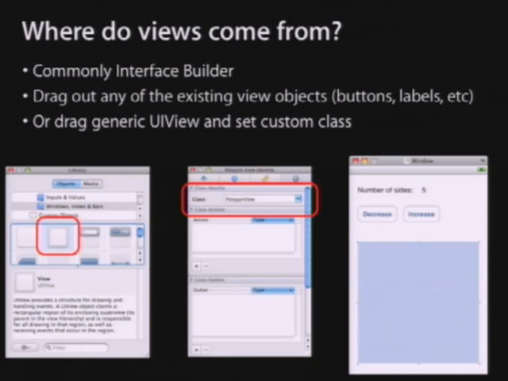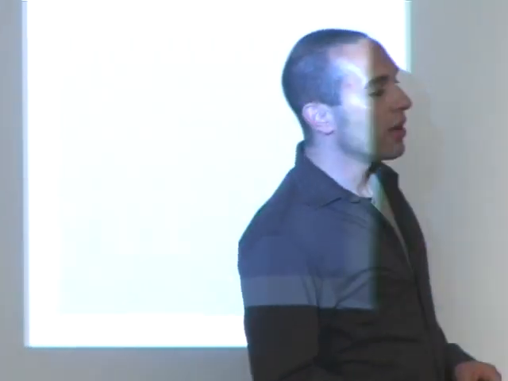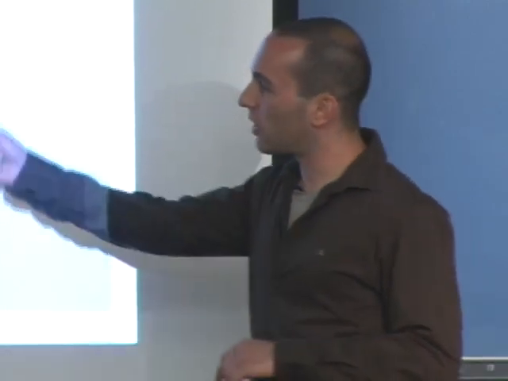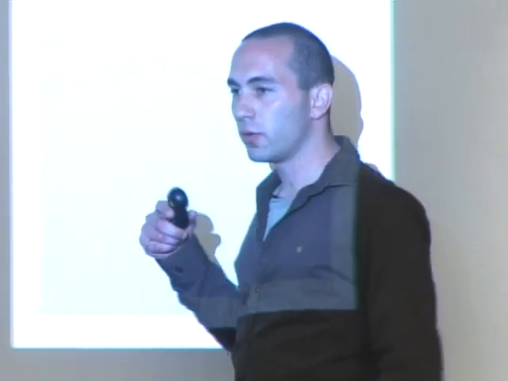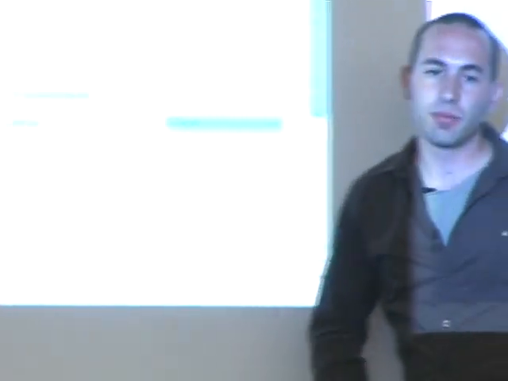Yeah? So since you have to say what the class is, what is it doing over there on the left when you're choosing one of those? Are those not different classes? So the question is, why do you have to set the class if there's different classes available in the library? Well, the library includes all of the UIKit classes. In order to get an object in here, there's more code you have to write, including you need to define how the inspector works. We're not going to get into that, but basically these are all the views that are available in UIKit. Anything that you've made available by subclassing will not appear here. You do that here.